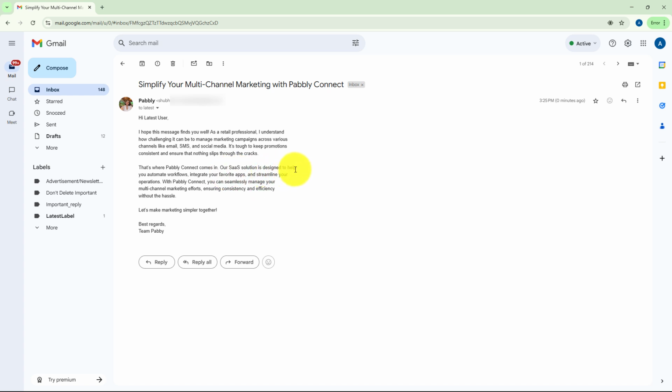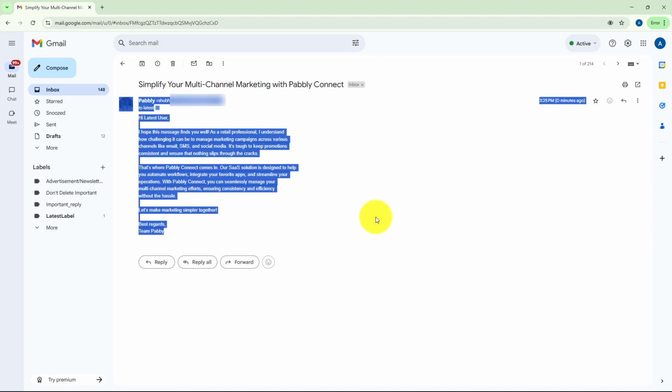A SaaS solution is designed to help you automate workflows, integrate your favorite apps, and streamline your operation. With Pabbly Connect, you can seamlessly manage your multi-channel marketing efforts, ensuring consistency and efficiency without the hassle. Let's make marketing simpler together. Best regards, Team Pabbly. Now, this is the AI-generated cold email which we have received and we have sent to that lead. So this is how this automation workflow is going to run.